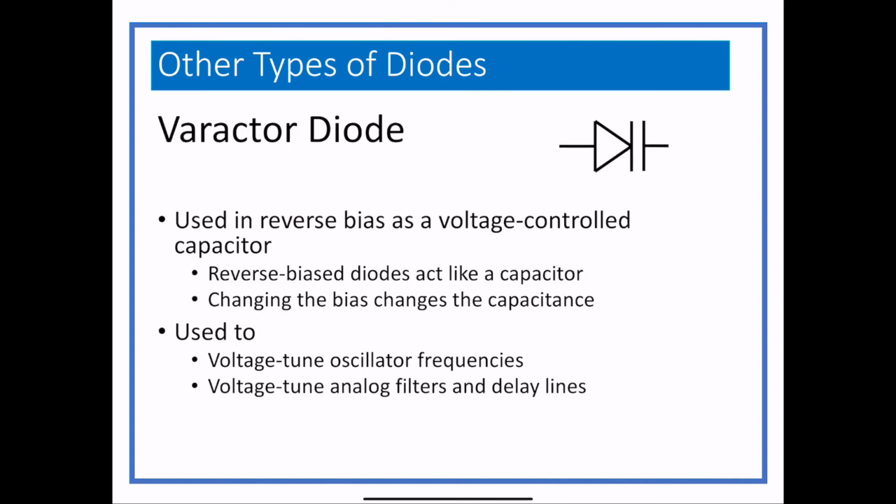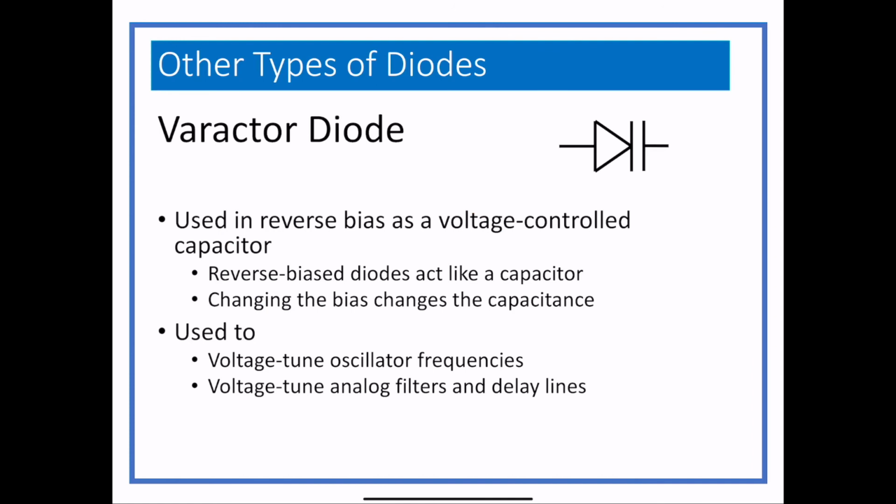Another kind is a varactor diode, and a varactor diode is basically used in its reverse direction, and it acts like a capacitor. It's actually a voltage-controlled capacitor. So the voltage can be adjusted, and that ends up changing the value of the capacitor. So it can be used if you need an exact value of a capacitor. If you're trying to tune